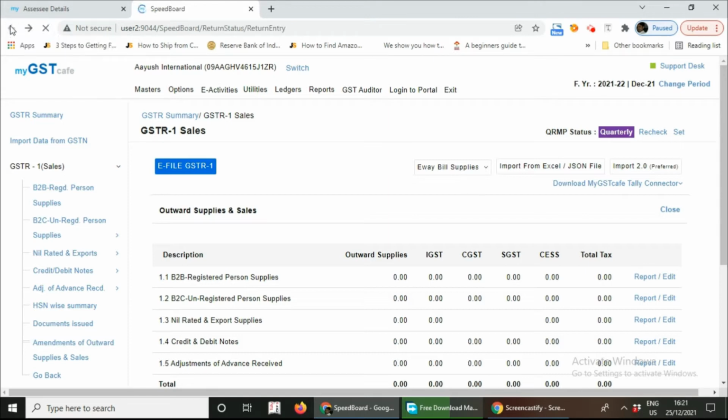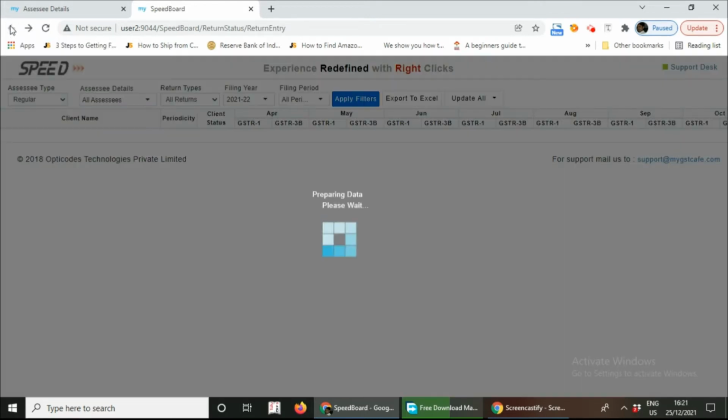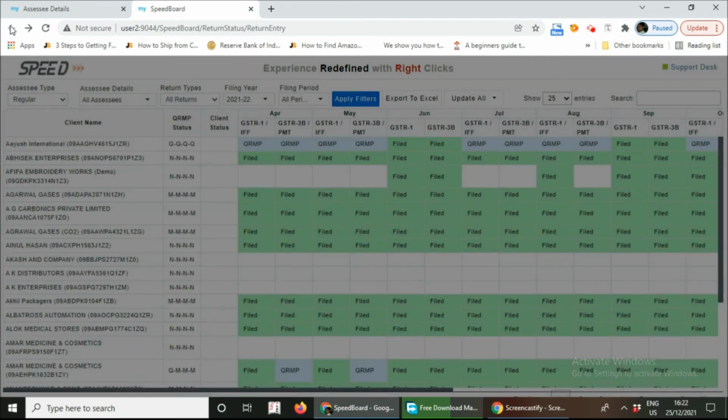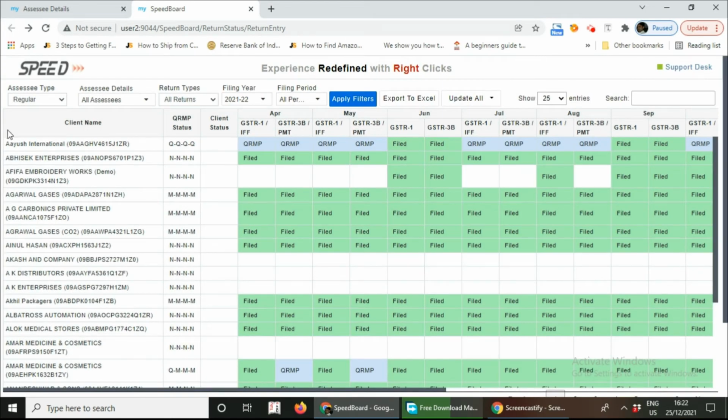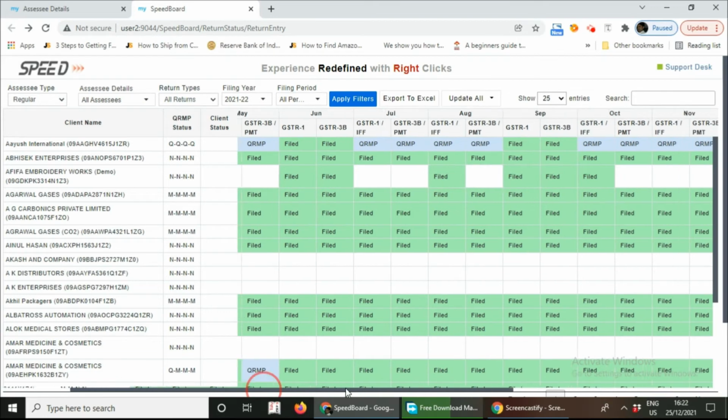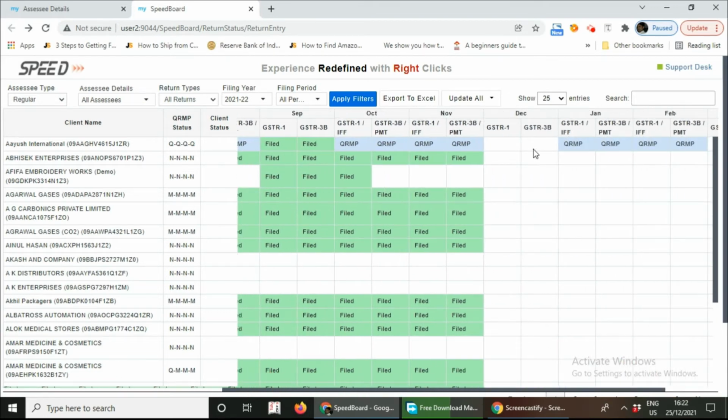Again, going back to the dashboard. Now let's see what options are available in GSTR 3B. Suppose I want to file the GSTR 3B for this particular SSE, I will right click here, and the various options available are that we can directly land on the e-file dashboard, or we can directly file nil GSTR 3B from here.